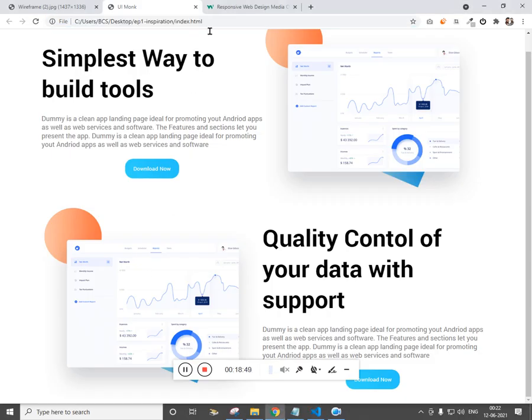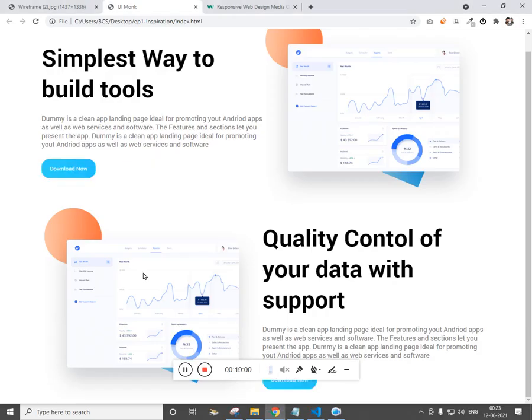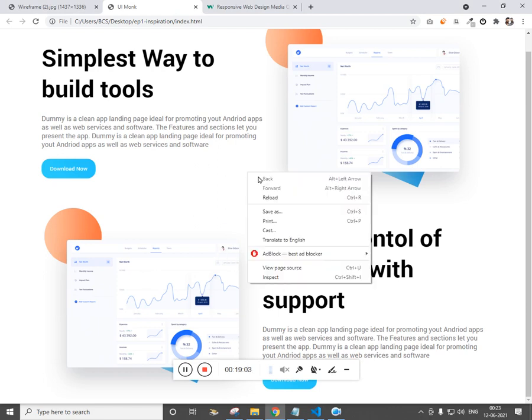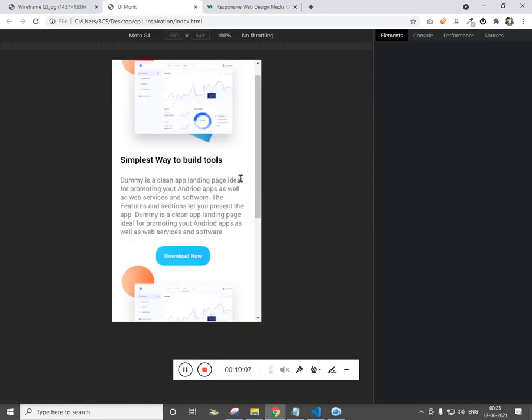So what to do? Let's try to make this 0. Yeah, that's working. So if I get into the mobile version, this looks great. And if I get into the desktop version, this is okay.